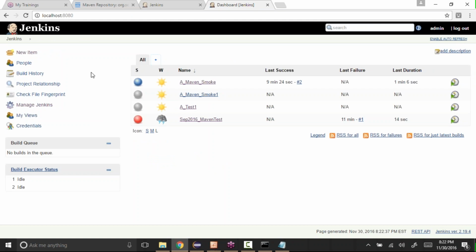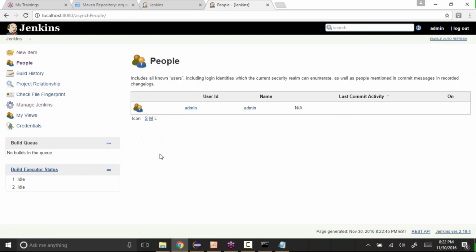And for your local setup, you can also create users. Let's say you want to give access to some other people at your home, or 2-3 people are using the same system. You can create users and they can also access Jenkins from there. It's an admin task which we generally don't do, but as it is our local machine, you can also do it.